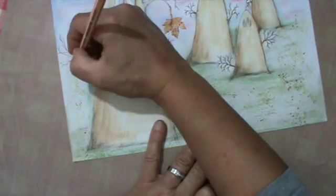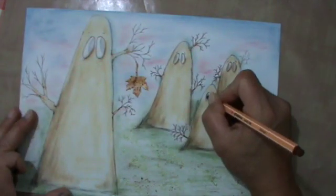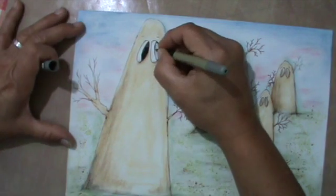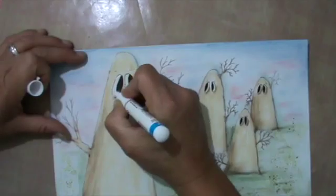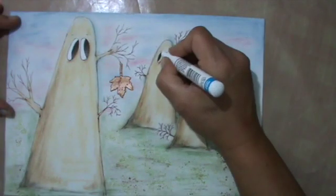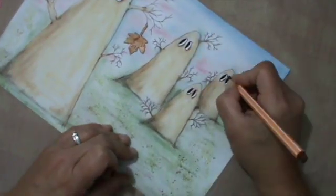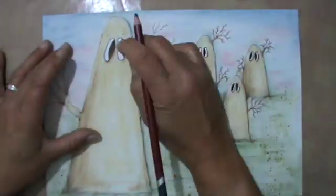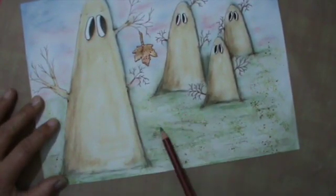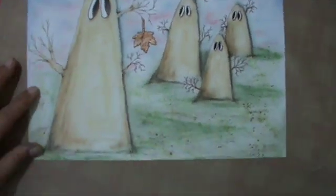We'll see. This is a Stabilo in brown. I go around all the shapes to make it pop a bit more. Give it a bit more substance. And I use the Uniball in black to draw the eyes, and the white Stabilo to get the white of the eyes, of course. So, and of course, because I went over the edges, I had to go back with my brown Stabilo to define them again. And this is a lot of shading now with the middle grayish pastel pencil, and this is a darker green to get the shades of the trees, long shades, because it's late afternoon, as I said,